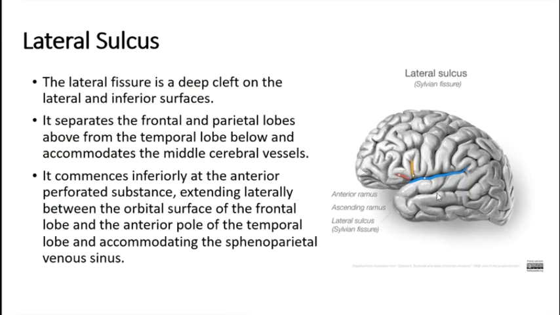So first of all, I think this will be the most obvious sulcus that there can be. The lateral sulcus. It is almost as obvious as the longitudinal median fissure is. You know that it's going to separate the frontal and the parietal lobes from the temporal lobe. So this is the lateral sulcus. It is a very deep cleft on the lateral and the inferior surfaces. Some authors do even say that the term sulcus is not very applicable. It is almost like a fissure, and it is also called the Sylvian fissure. But it's only a fissure in its initial parts. As it extends backwards, it becomes a sulcus.